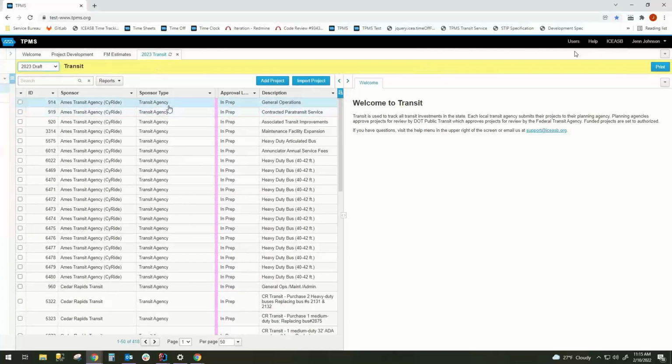You also see the list of projects for this year on the left side, as well as a welcome screen on the right. At the top in the Transit heading here, the yellow bar, there is a print button, so you can print the entire Transit. That's over here. Otherwise, we can go through this